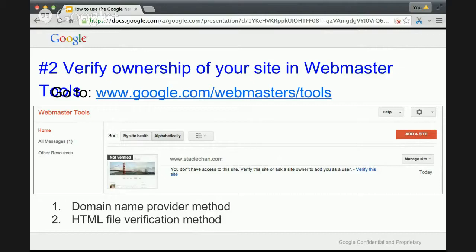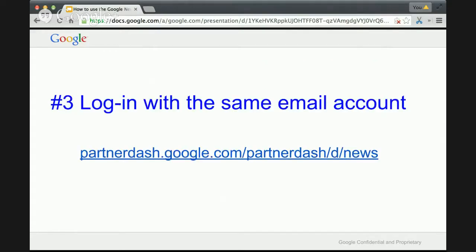So we prefer the domain name provider method because, in a sense, we want you to prove ownership at the highest level. So you can prove ownership of www.stacychan.com, but we'd really prefer you to prove ownership of http://stacychan.com, and then everything that falls below that at a subdomain level, you would then have access to. So yes, those aren't exactly the same. We prefer in order that first one, the domain name provider method. Thank you. Okay, and number 3,